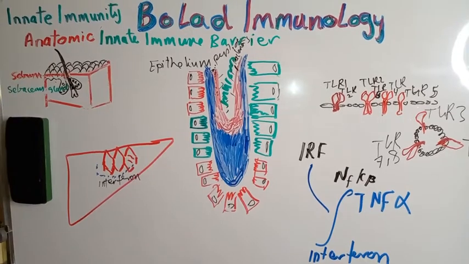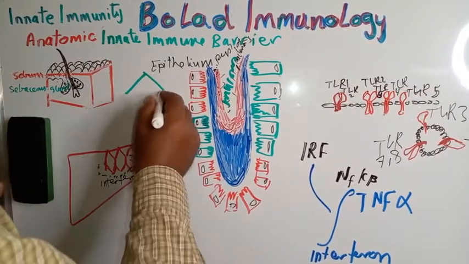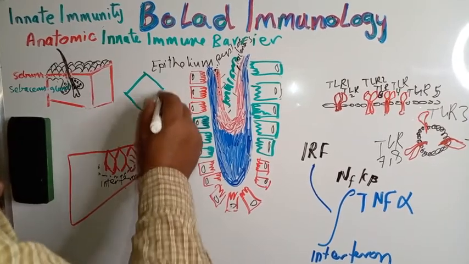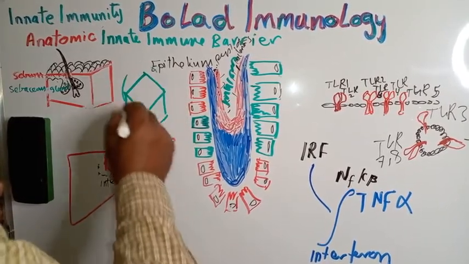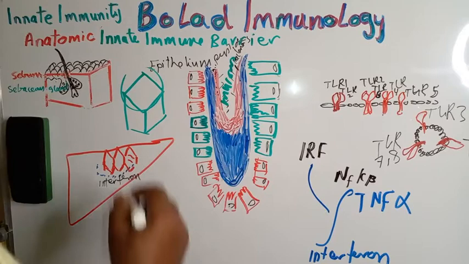In today's video lecture, I'm going to talk about the anatomic innate immune barrier. As you know, innate immunity is a basic immunity we're born with, and it is composed of four barriers: the anatomic barrier, physiological barrier, inflammatory barrier, and phagocytic barrier. Actually, we are born surrounded by these four barriers. So today I am just going to talk about the anatomic